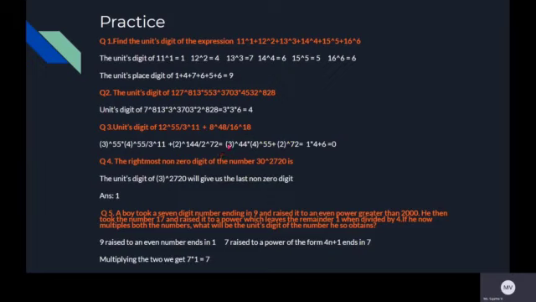Now we can use the power cycle. 3 raised to 44. 44 is a multiple of 4. So what will be the last digit? Refer to the table. 4 raised to 55. 4 raised to an odd number will end in 4, right? Then 2 raised to 72. Please refer to the table. 72 is a multiple of 4. So you can take a look at that. And finally the last digit will be 0.